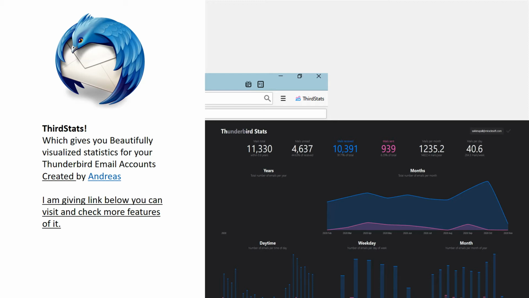Once you add this add-on to your Thunderbird, on the top right-hand side of Thunderbird you will get a button. Once you click on it, it will give you all the statistics of your email account, like how many emails you received, how many emails you sent, week wise, day wise, month wise, and more.